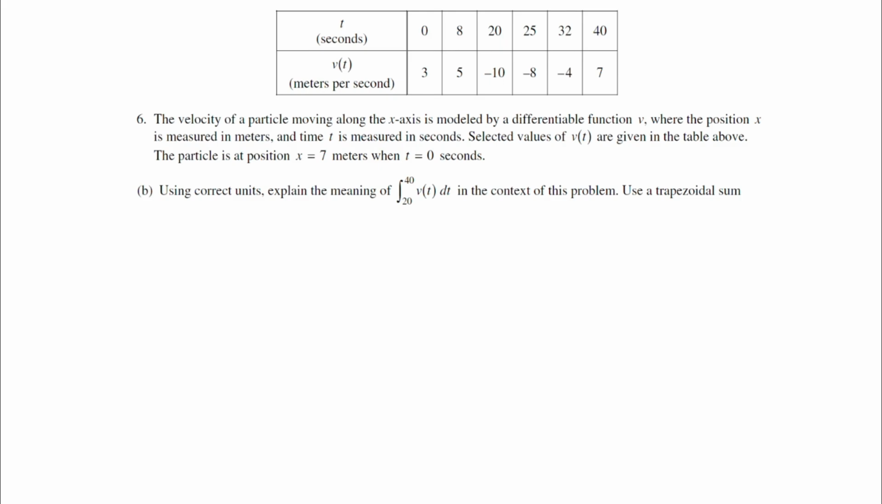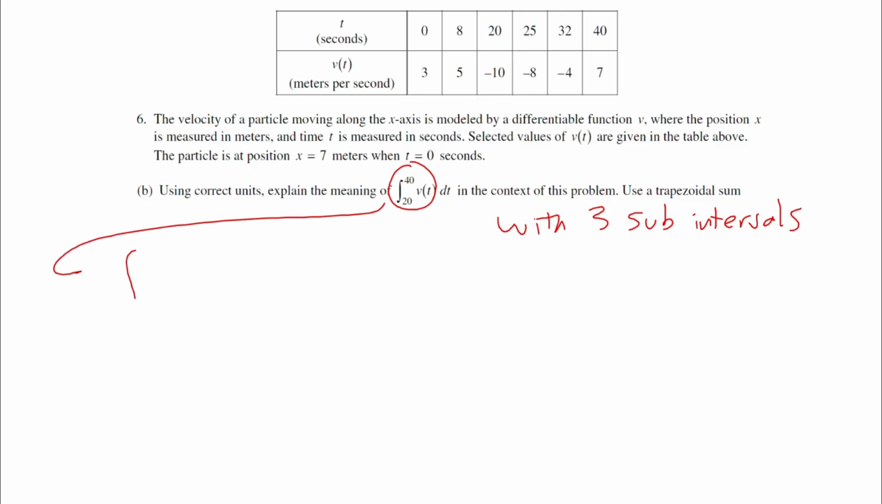It said use a trapezoidal sum with 3 subintervals as indicated in the table to approximate the integral from 20 to 40 is what this was asking you to do, which apparently I missed that part. I didn't cut that part out into this. So first of all, that integral is just going to be the displacement or the change in the position of the particle. So the integral from 20 to 40 of v of t, an integral of velocity is always the displacement